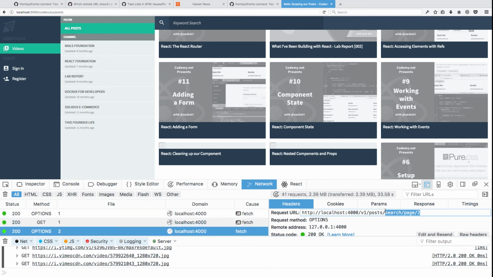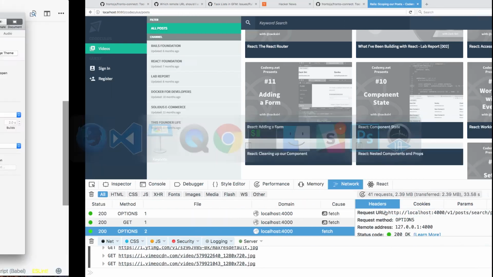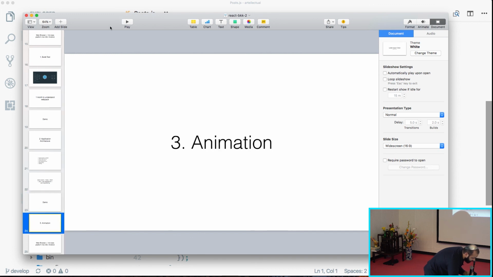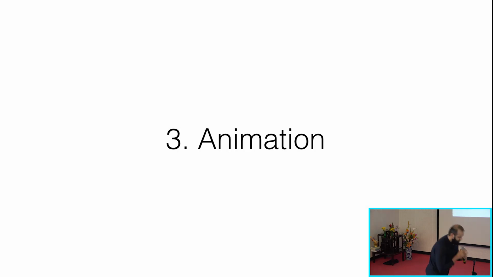So now it's paginated and it's retrieving the data from the second page just by scrolling. So everything that I've talked about has led up to doing something like that. So the next thing I tackled was animation. So how, if everything is rendered on the client,